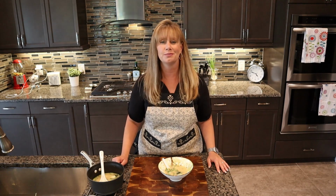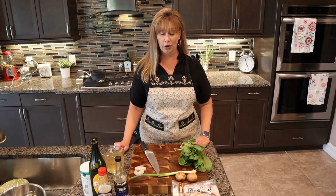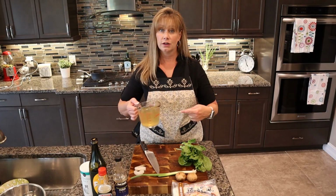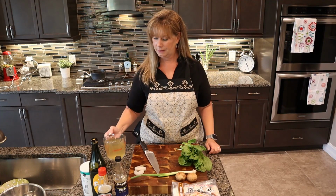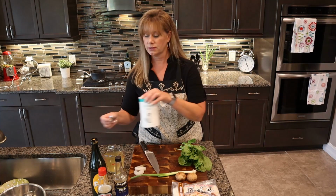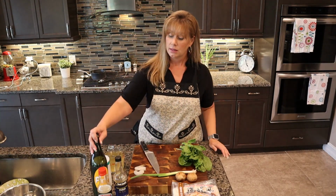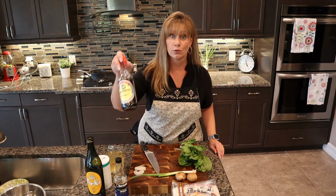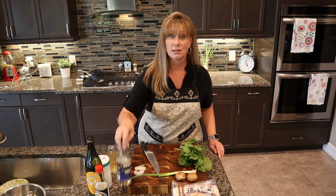Lovely. Let's get started on our second soup, the noodle soup, udon soup. Next, let's get working on our udon soup. We'll need 2 cups of dashi, 1/4 teaspoon of salt, some sake, some soy sauce, some mirin,